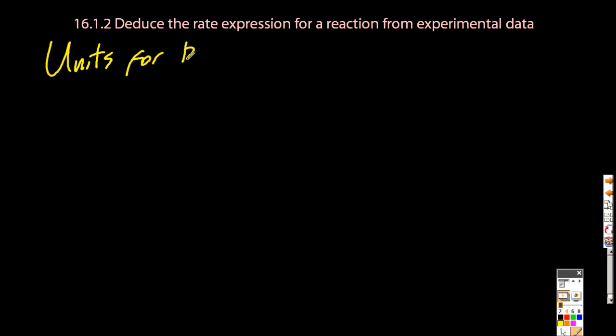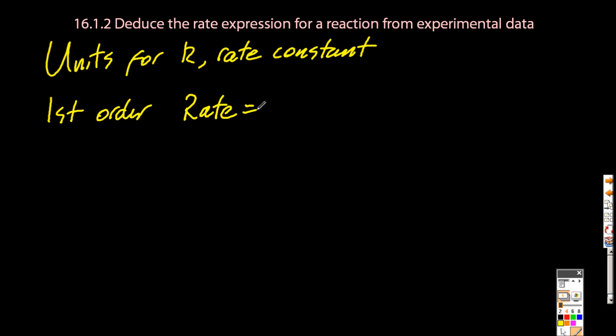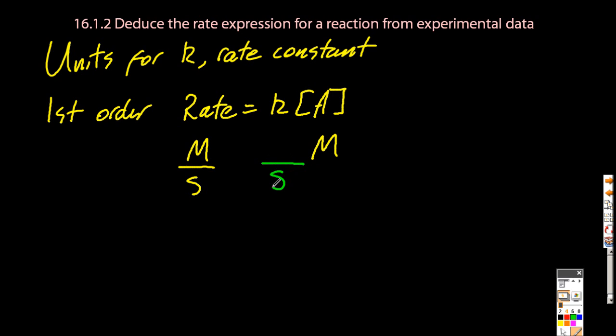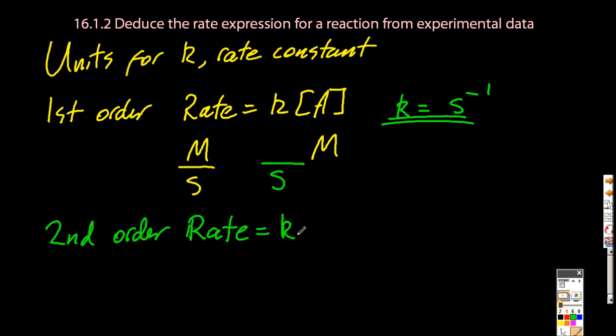The units can cause no end of trouble, so if you don't understand it, just learn it. I'll try and explain it. For the first order, for example, rate is k[A]. Rate is measured in molar per second, and concentration is measured in molar. So therefore, since it's an equation, the units of k have got to be per second to keep the units on the left and the right the same. For a second order equation,